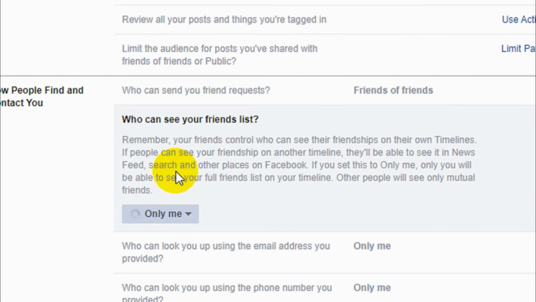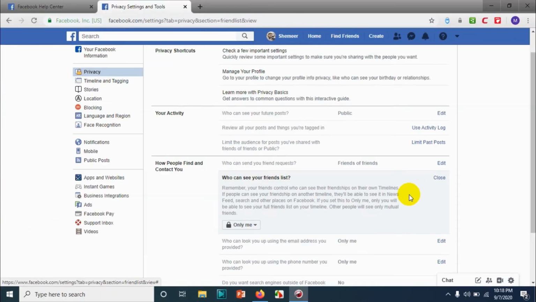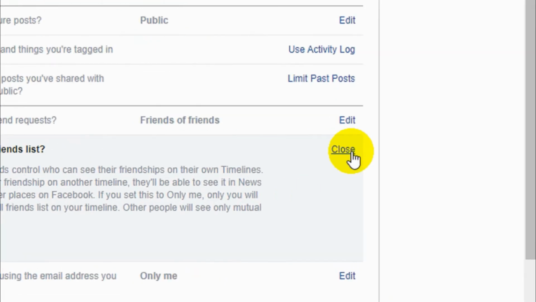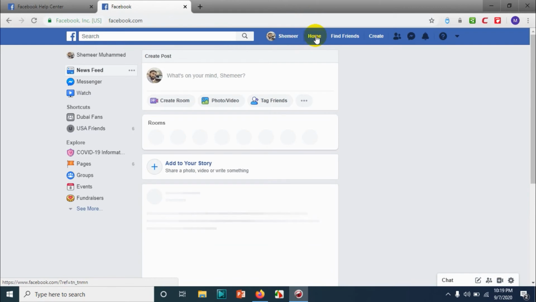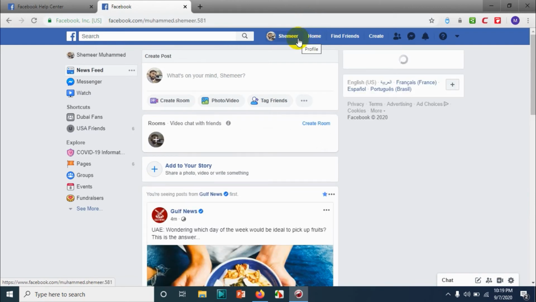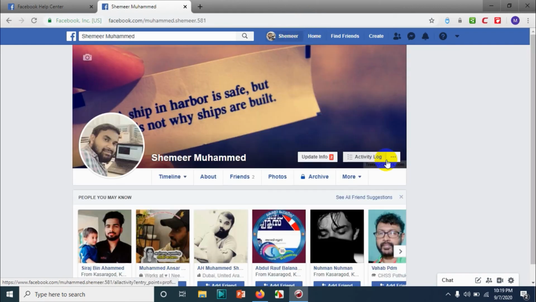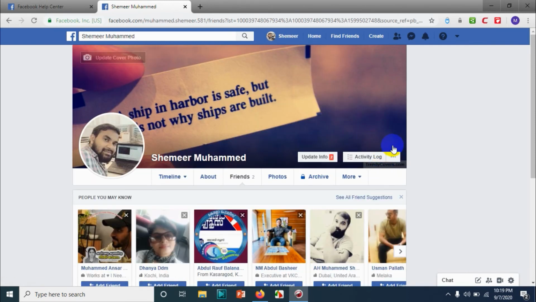So what is our requirement? We are hiding it from everyone, so I'm choosing only me, so nobody will be able to see your friend list. But if someone is looking your friend list, they can see the mutual friends. Even your friends, they can see the mutual friends, but they won't be able to know how many friends you have and who are your friends other than the mutual friends. So it's fine. Let me show it to you how to